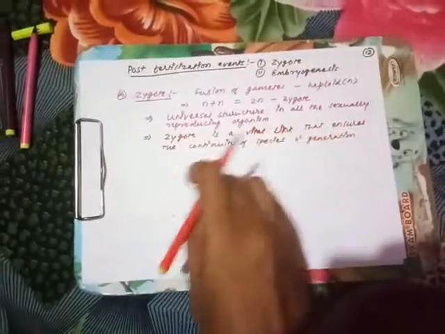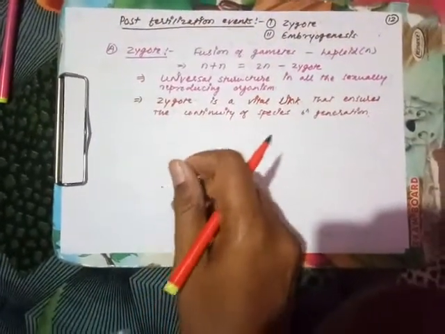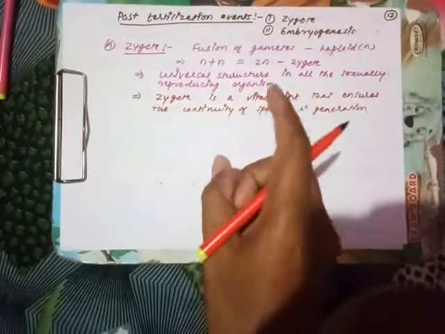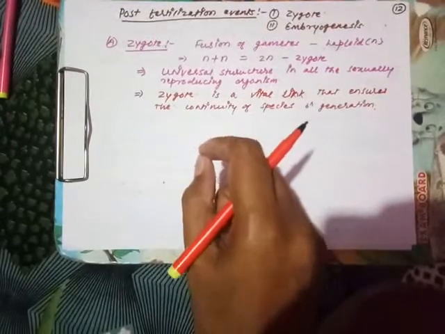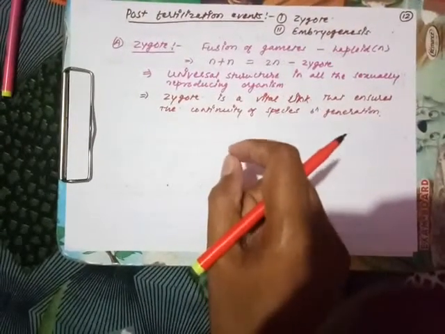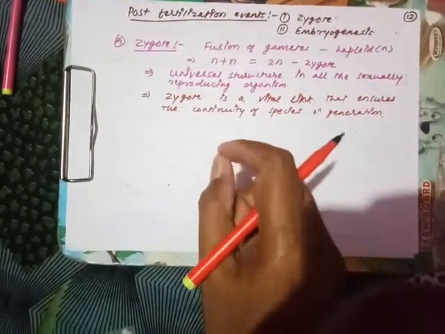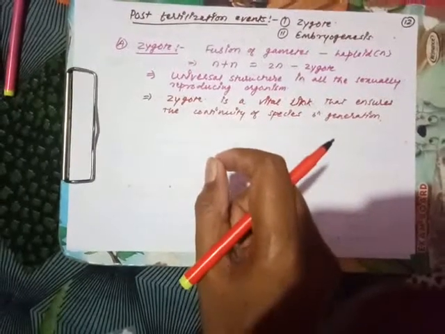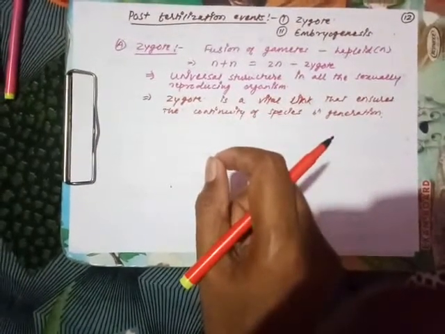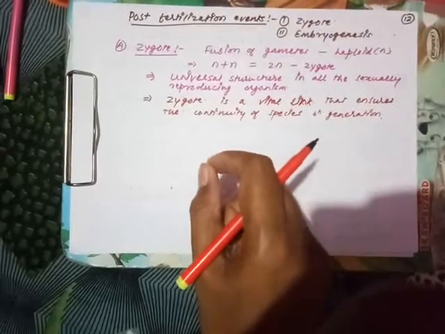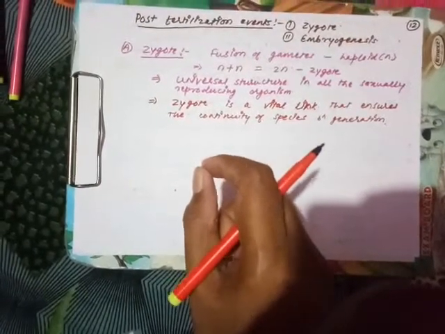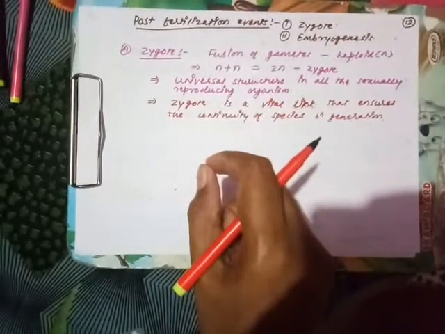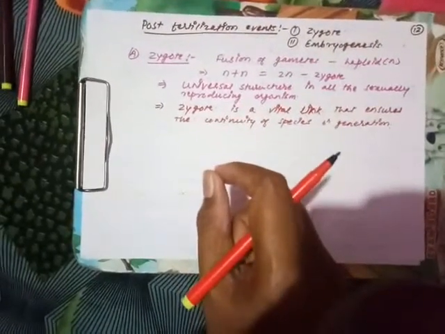First of all, we must understand that whenever the fertilization process occurs, it will always result in the fusion of haploid gametes, and due to that fusion, a diploid structure forms. That diploid structure is called the zygote, and this is why whenever fertilization or syngamy occurs, the organism will form the zygote. This is what we are saying: the formation of the zygote is a universal event in all organisms performing sexual reproduction.